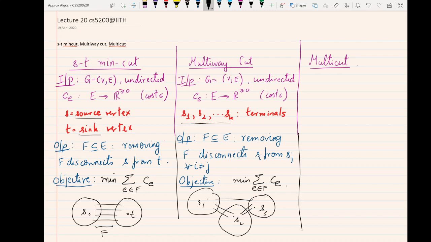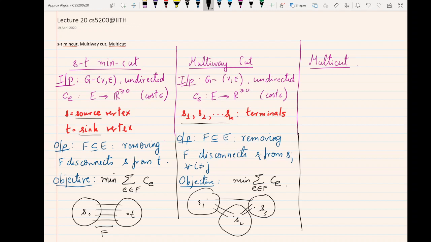The output is the same. You want a subset of the edges. However, the slightly generalized condition is that you want the set of edges, if removed, to disconnect every pair Si from Sj. So what you're going to end up with at the removal of these edges is something like k islands,